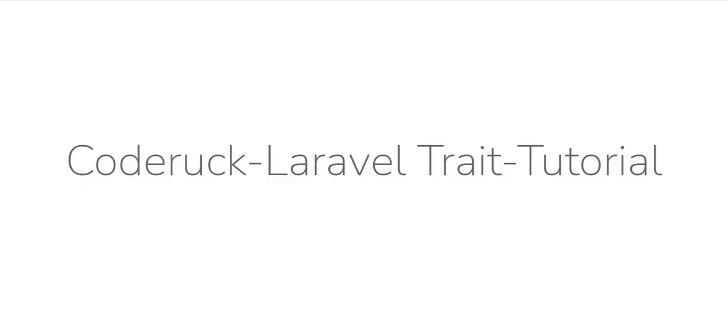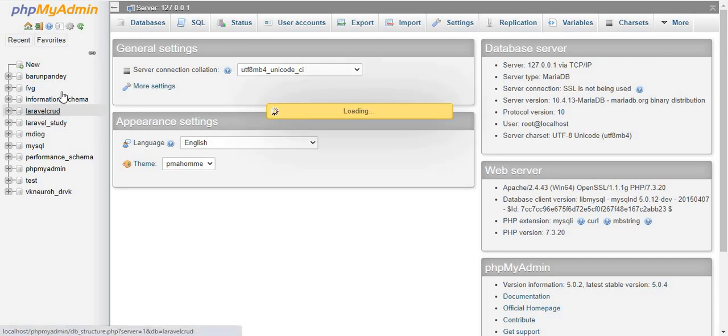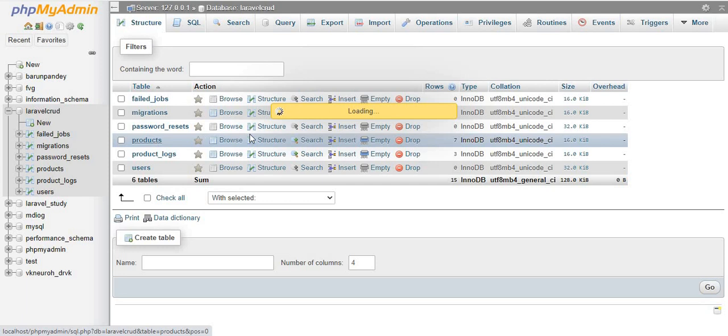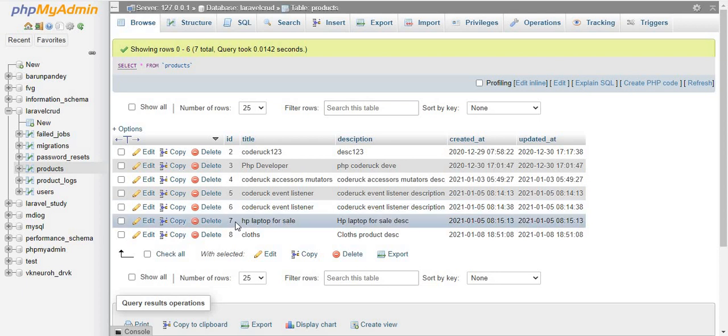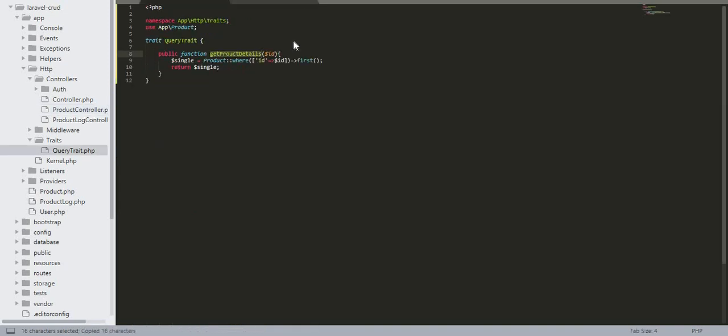If I open my database directly, we have the Laravel CRUD database and the products table, and I'm going to make one query directly by id, which will be id number 7. So I'm passing 7 here, because we are calling the method which we defined inside our trait.